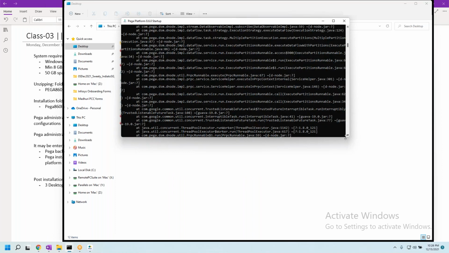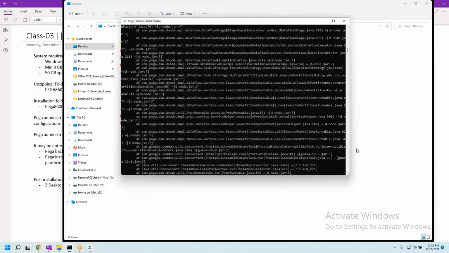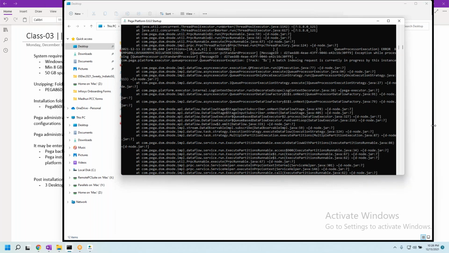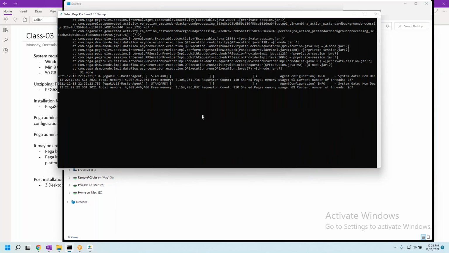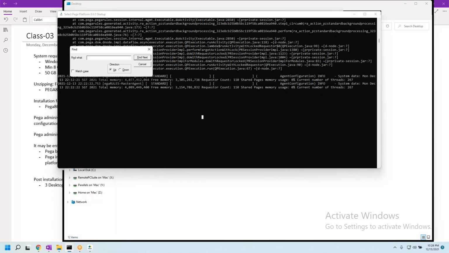In some situations it will take more than 15 minutes, or for some people it may take only 10 minutes. You ensure that everything is done and it came to a halt state, and you do Control F, server startup.